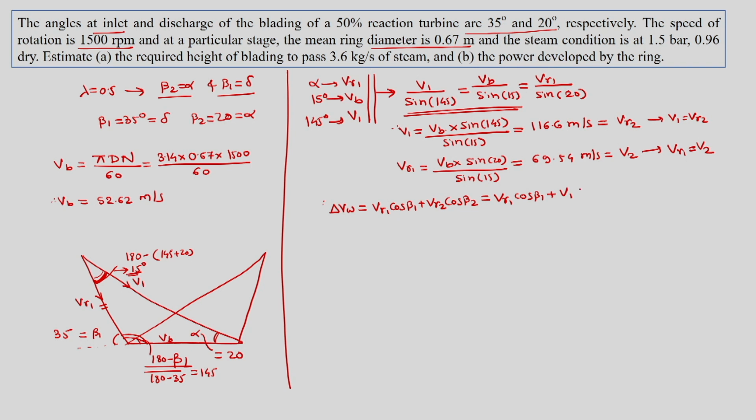VR2 is equal to V1 into cos of alpha. We can use either of them, and then we can find out delta VW, and delta VW for us becomes